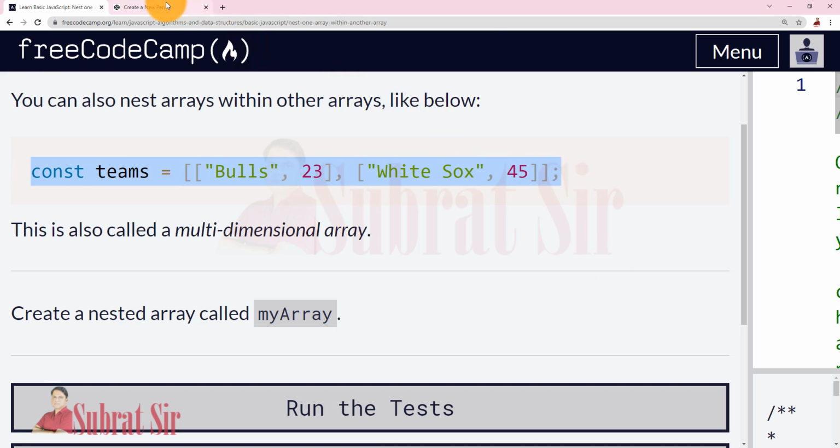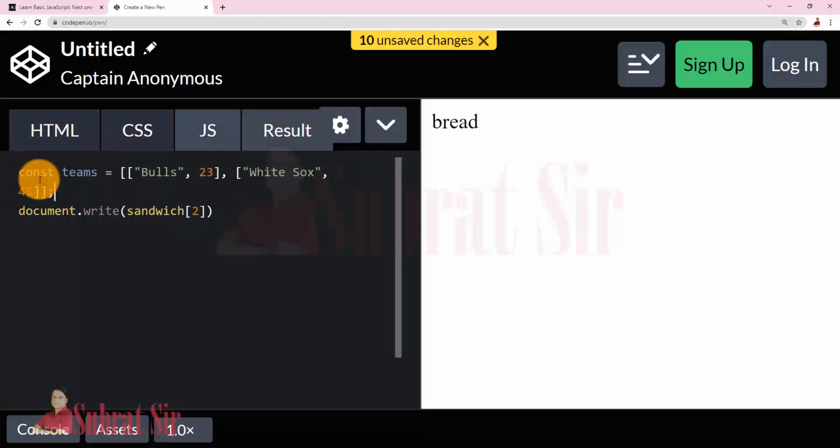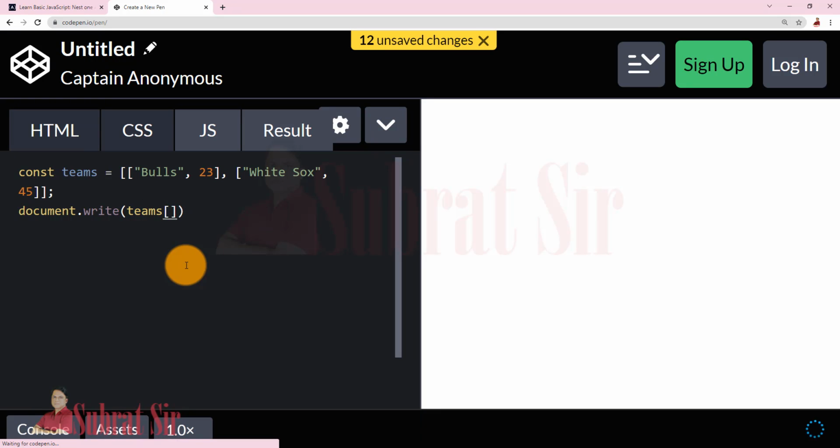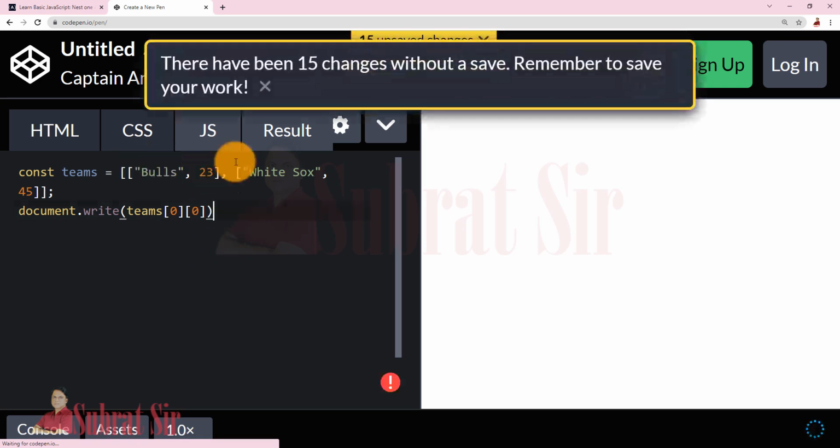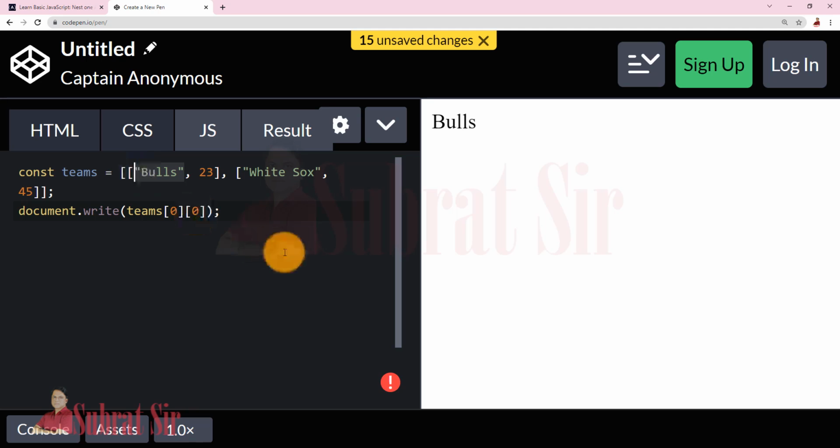So let us copy it, paste here. Now if we write teams 0 and then again 0, so we will access this bools. Okay, teams of 0 will access this complete array, and then again its first element is bools and second element is 23.